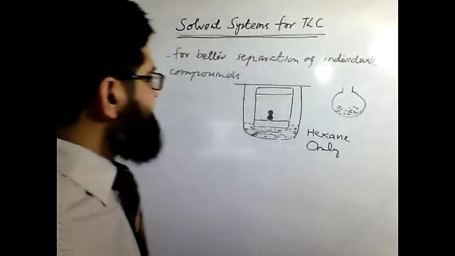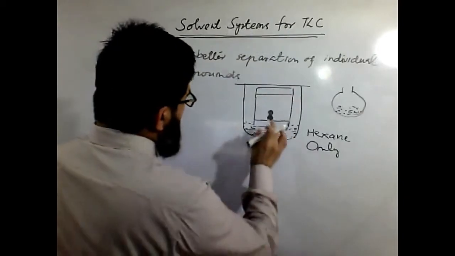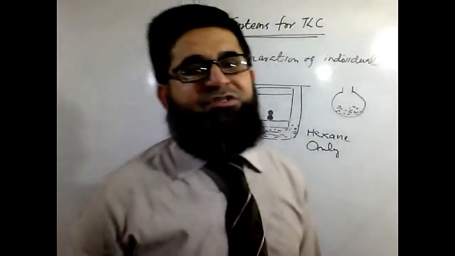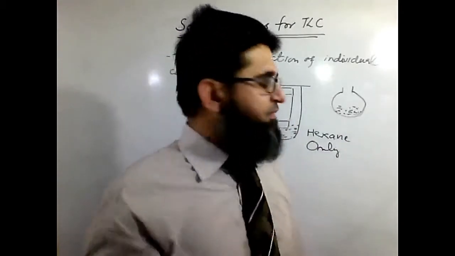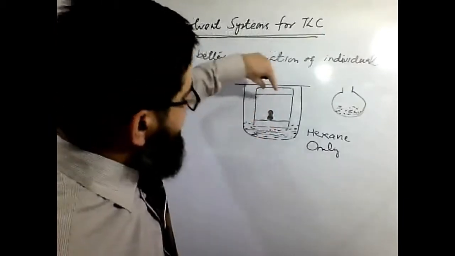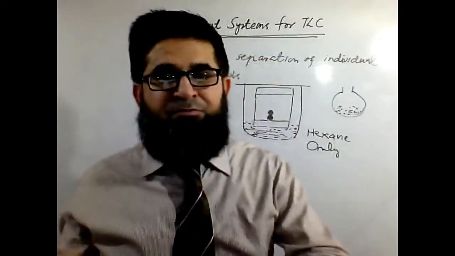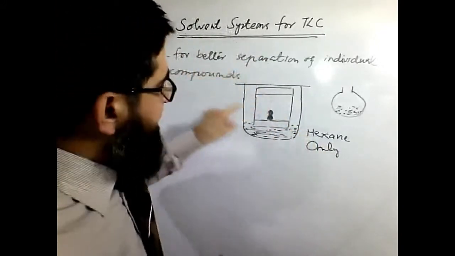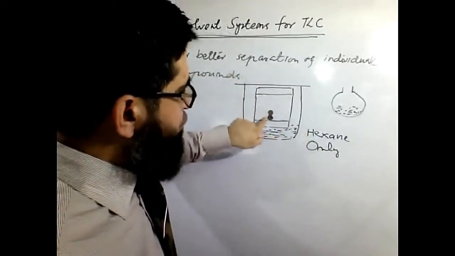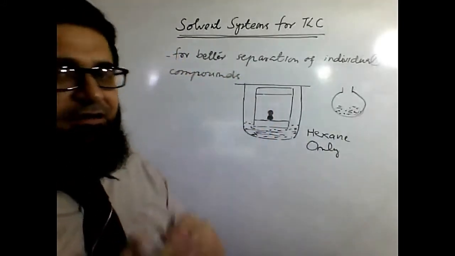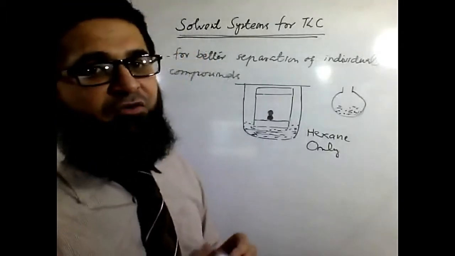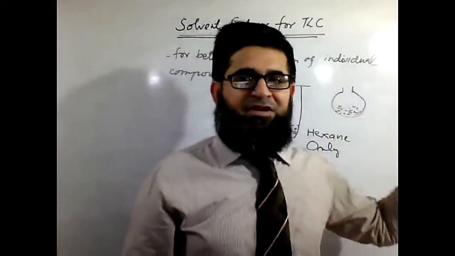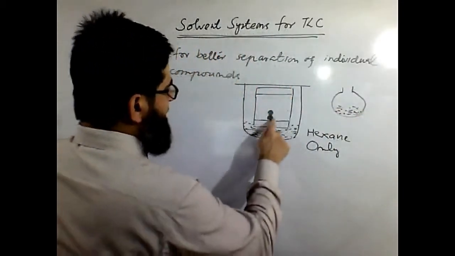Then what we can do, we will take this TLC out. No, we can't use this TLC. Once the TLC plate is developed, once the solvent moves from here to the here, the same TLC can't be used. Mark my words, keep this in your mind. This is useless now, but it has given us clue that the two spots are very close to each other, and that's all. We will throw it away, or we can save it for later purposes. Better to keep it, better to save it as a reference for later purposes, you know.